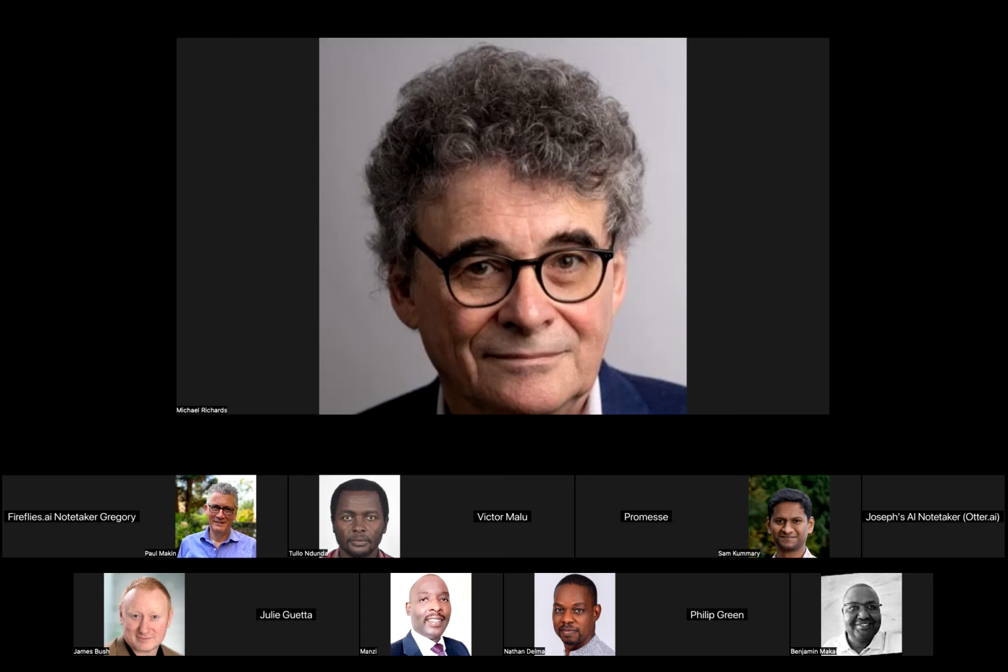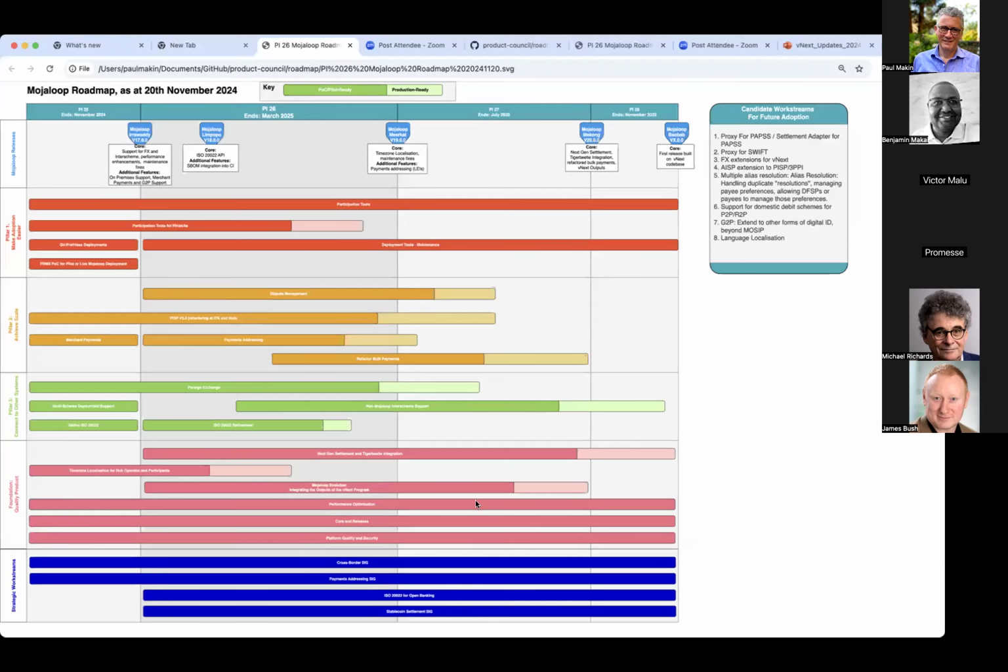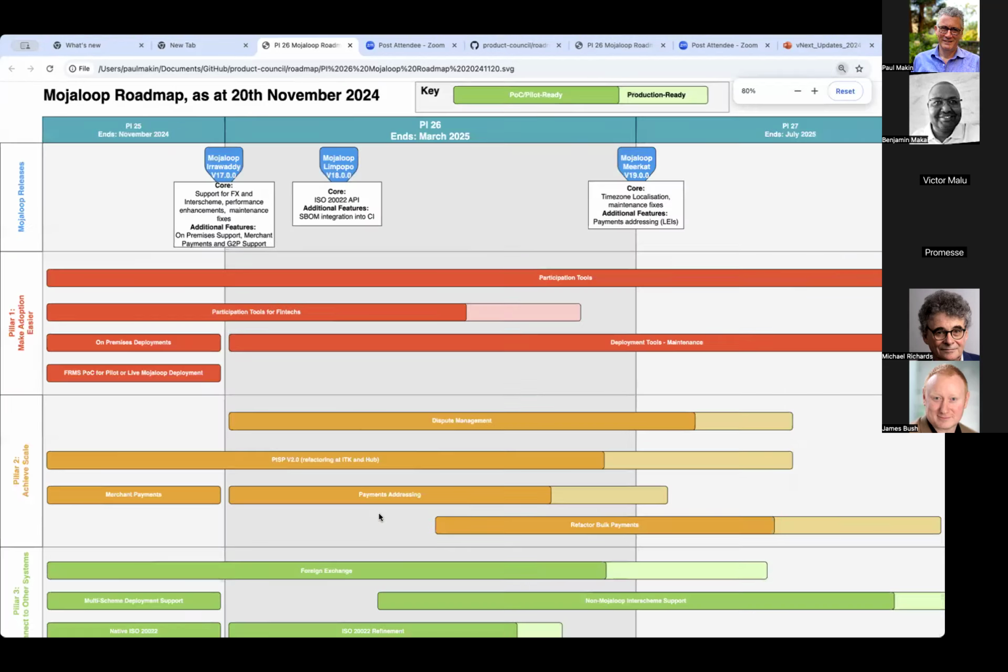Let me just share this. So this is the roadmap as available to you all now on the Mojaloop Product Council repo. Updated as of 20th of November, so that's last week. If I zoom in a bit,